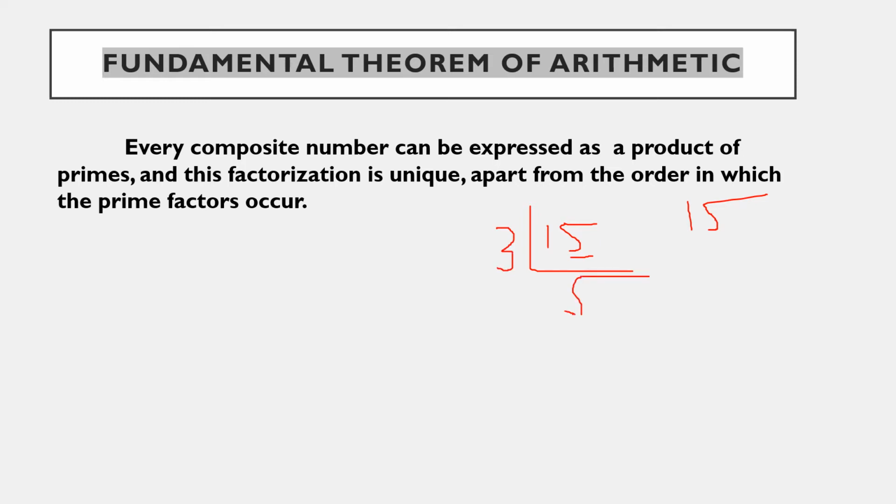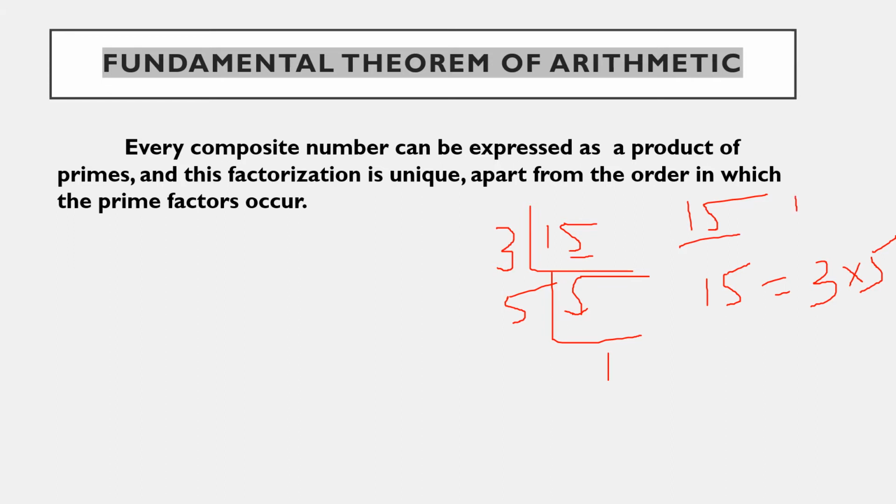Okay, for the small numbers, for 2-digit number, we can easily find out it goes in which table. But for a big number, let me take a 4-digit number or 5-digit number, it is not possible to divide each and every number with each and every number, right? So divisibility rules help you whether the given number is going in that table or not. Now 5 is a prime number, so I am writing 5 ones 5. Okay, now 15 I can write as 3 into 5. 3 into 5.